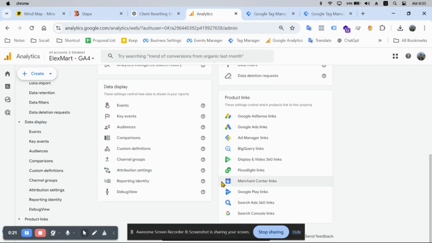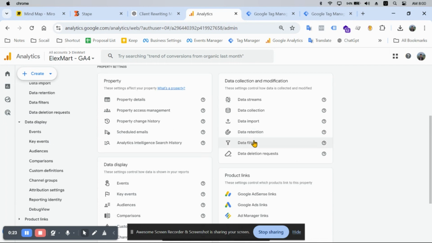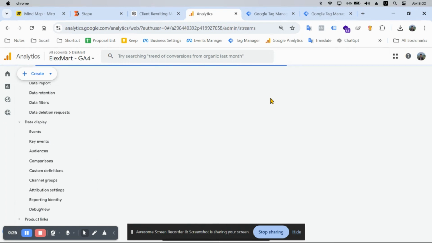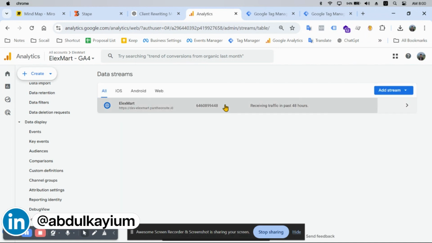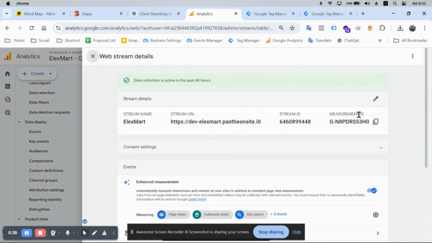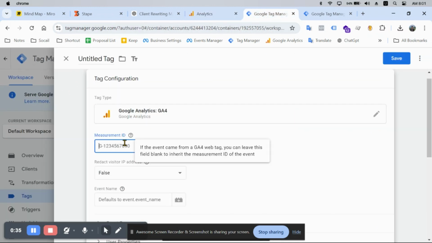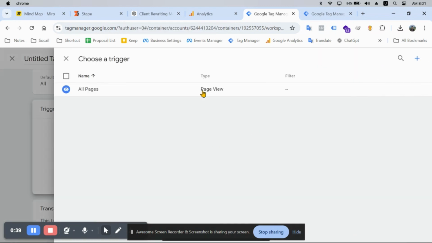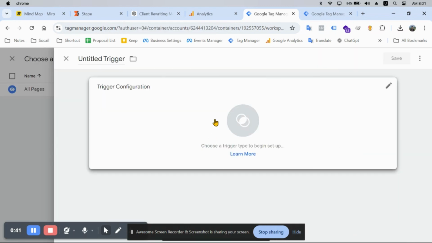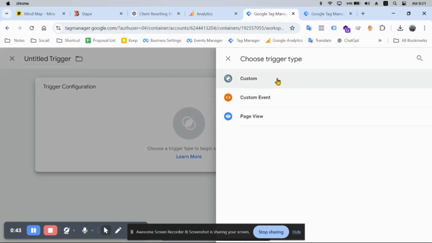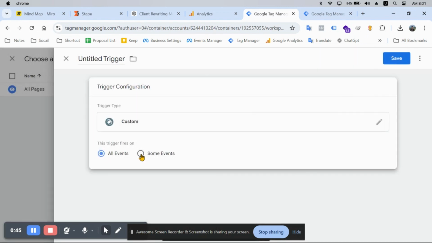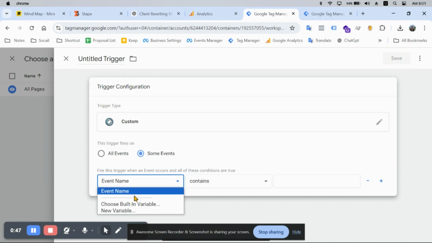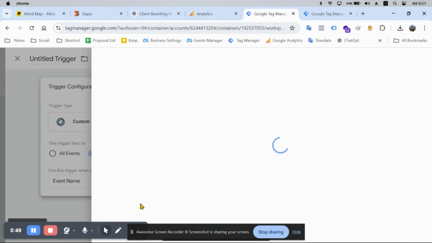Just go to Google Analytics, click Admin, under Data Streams click the data stream, copy this measurement ID, and paste it in the server-side tag. Then choose a trigger, and create a new trigger, which is a custom event. Here choose the built-in variable,